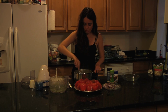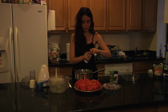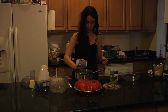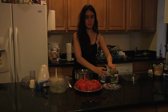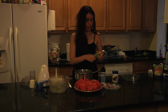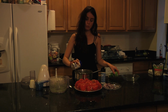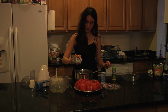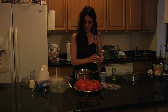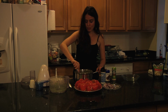And now that I have this quinoa mixture, I'm going to put in the salt and the pepper. Just a couple of sprinkles of salt. And some garlic. And also some pepper. You don't have to put garlic in because we put a whole garlic into the pesto, but sometimes I like to put a little extra garlic in the end, just in case. I'm going to mix this up, and now I'm going to start scooping